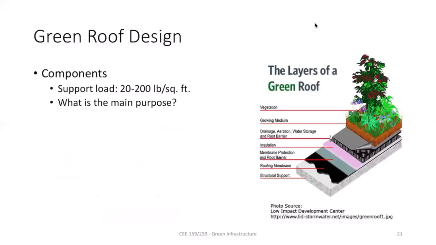So first thing you have to remember, you can design any different way, but it has a specific load. This is the load range. You cannot have a green roof which is more than 200 pounds per square feet because most of the rooftops are not designed to handle that much pressure. So that's why a lot of times it's important to ensure that your roof materials or the green roof materials